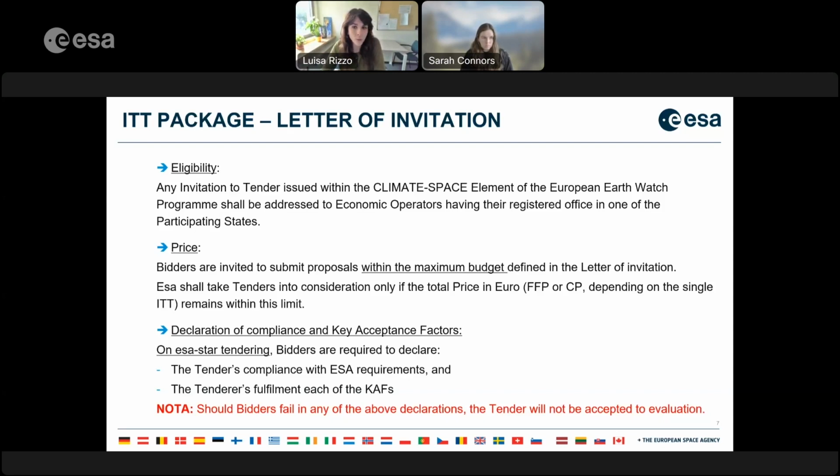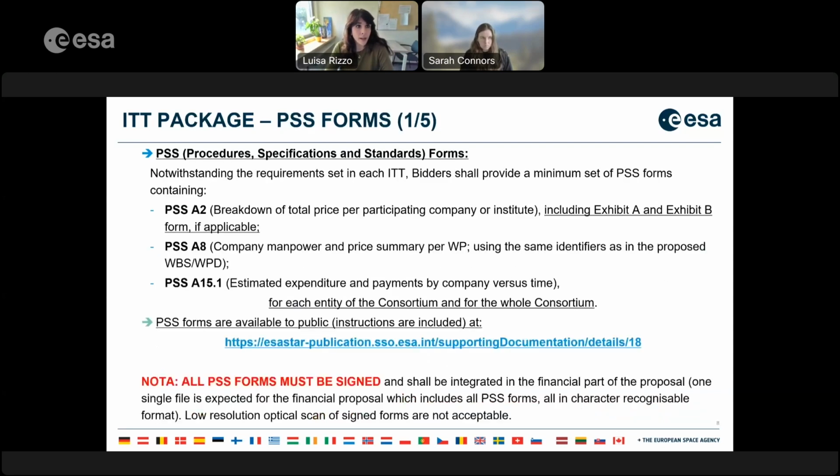So please make sure you fill in all the sections on ESA Star tendering, both the declaration of compliance and the key acceptance factors. These are pure formalities, but as I said, any breach of these formalities may lead to the exclusion of the proposal from being evaluated. Okay, continuing the assessment of the ITT package,